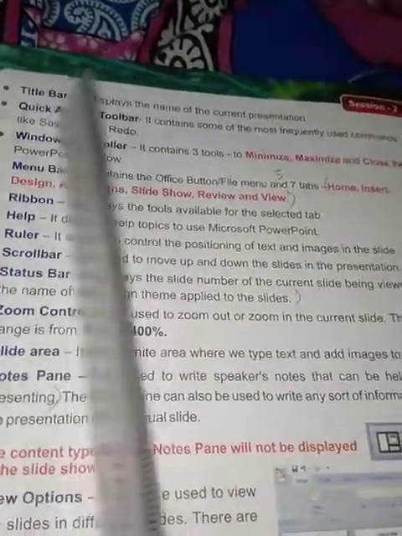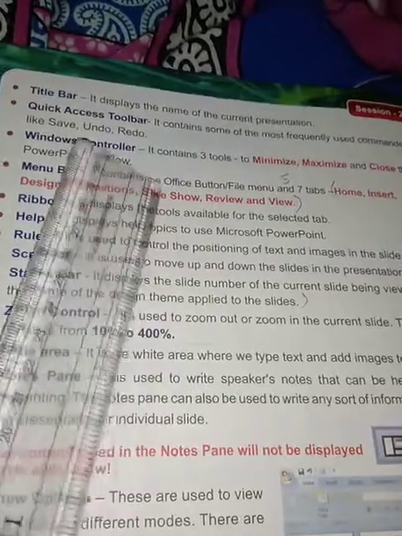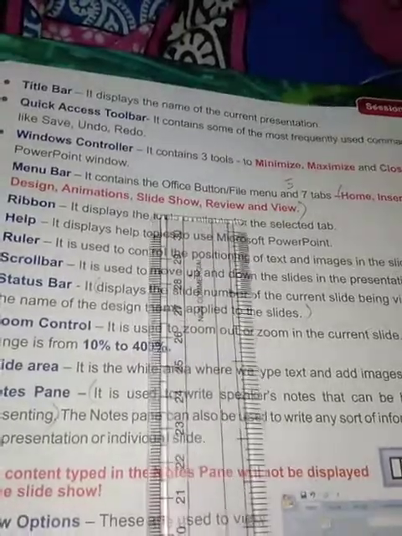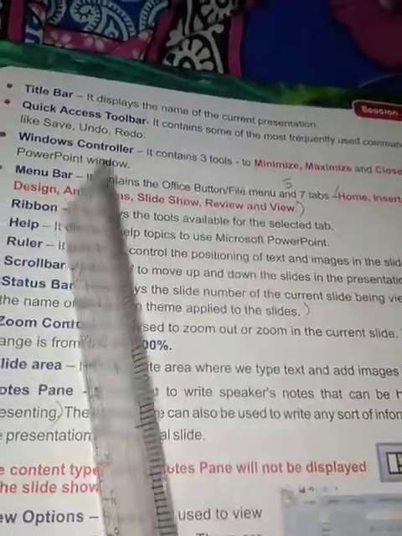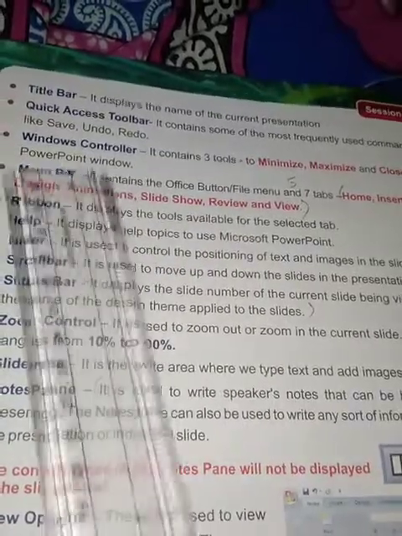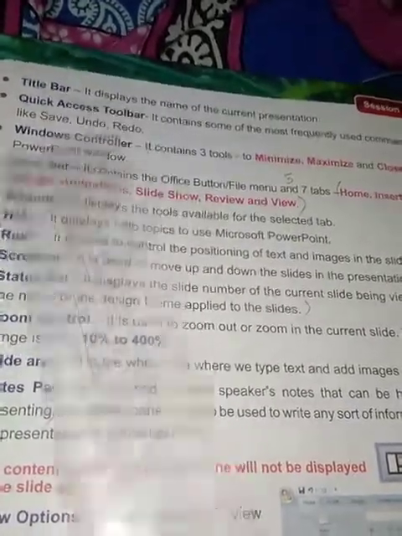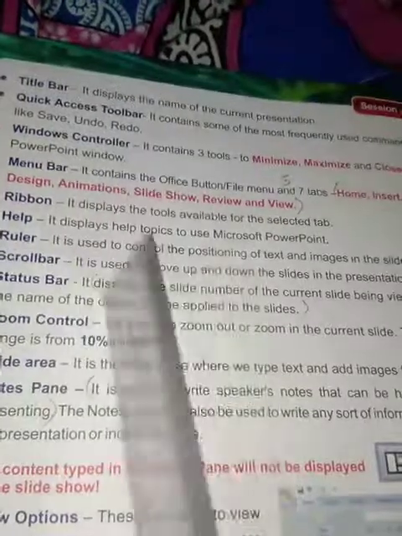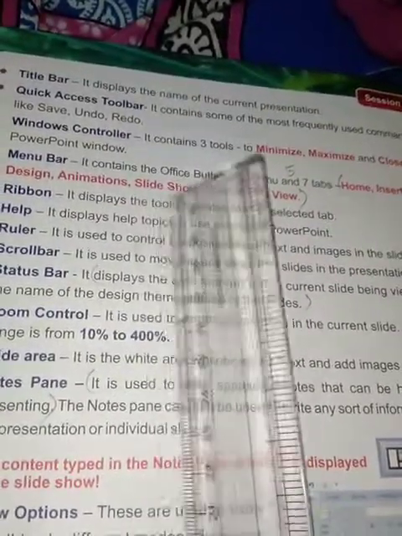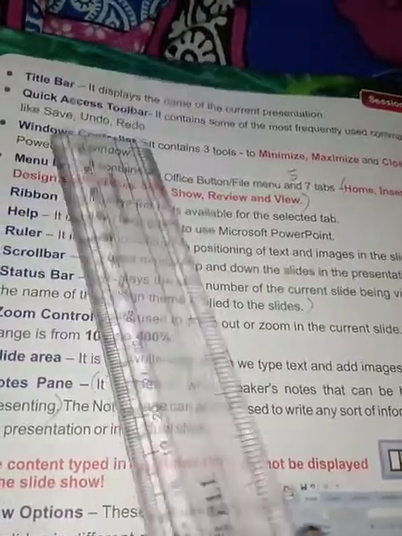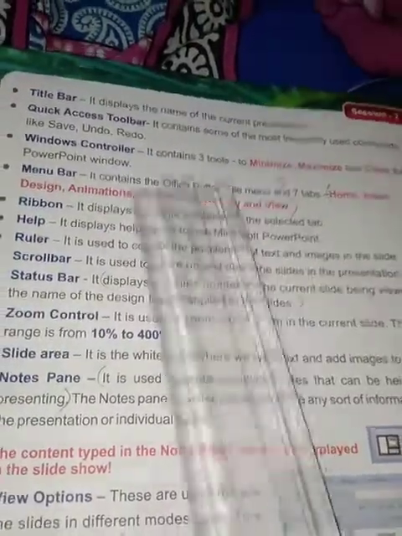Save is for saving the presentation. Undo is if you have made any changes and you don't want those changes anymore, you get back the screen you had before the changes. Redo is, after you have done undo and the changes have gone, if you want those changes again, when you click on redo the changes will appear.